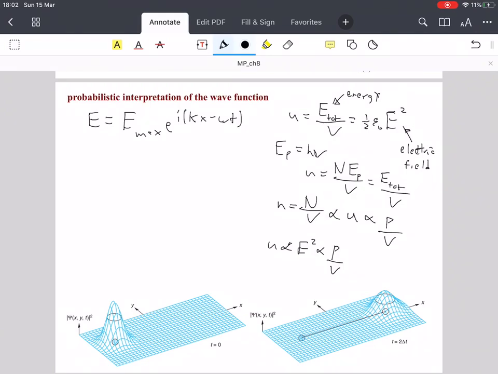So considering all of that, we can now say that a probability density, so I'll write this as the probability density, is